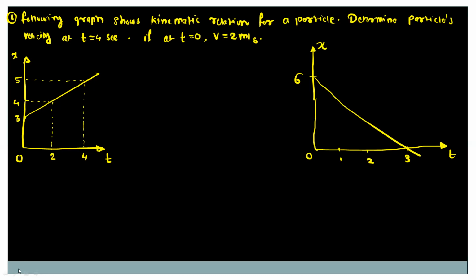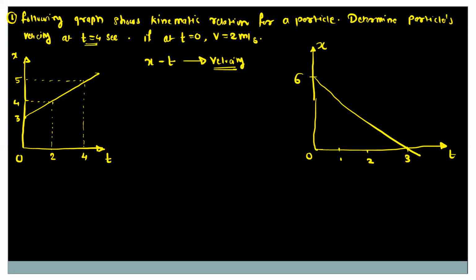So if you refer to these graphs, these are the position time graphs, that is the xt graph. Okay, from the xt graph, if you want to find the velocity, then we just have to find the slope of the xt graph at the particular point. Okay, so the time is given as t is equal to 4 seconds. And if you refer to the nature of these graphs, both are straight lines, having a positive slope and a negative slope.